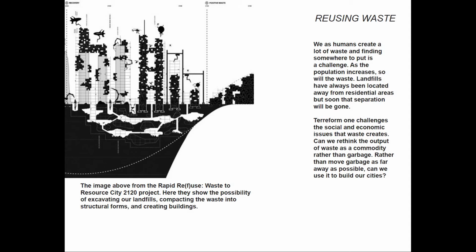While Terraform 1 also looks at creating a sustainable future, their primary focus is within the urban realm. It can be seen through an analysis of Terraform 1 that they also follow the same path of waste, element, and program. In their research, excessive waste is seen as an opportunity to be crushed and resized into blocks that can be used as a building material.